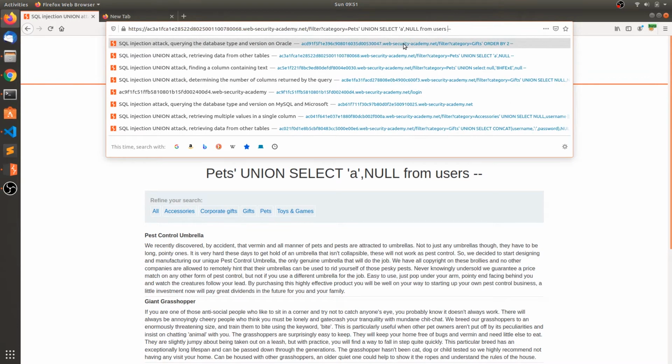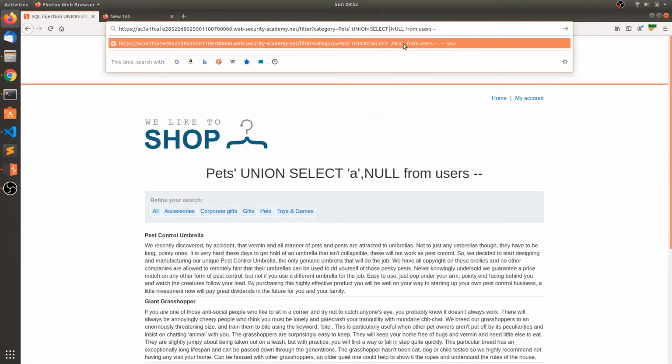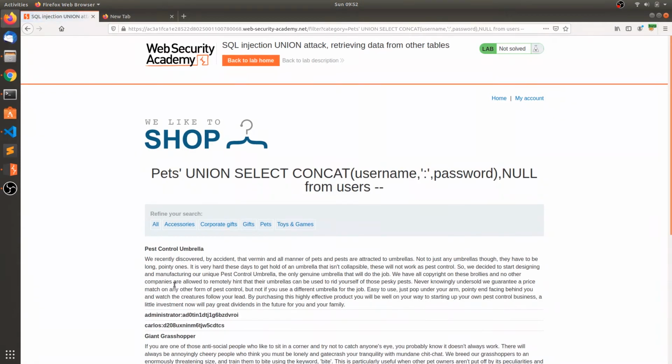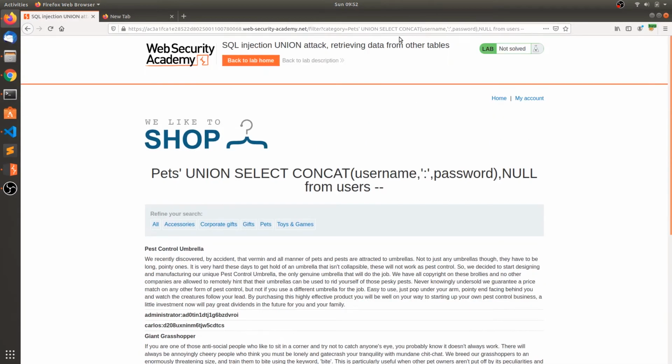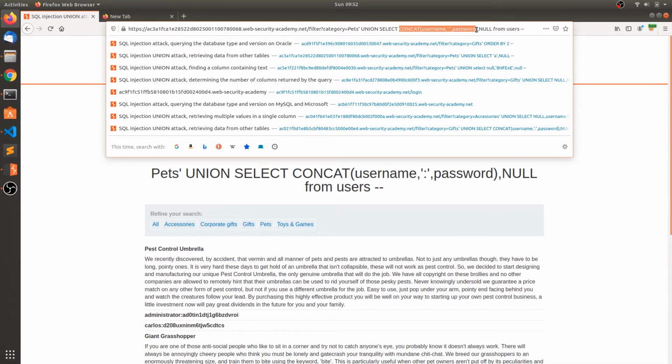Or you can use the concat function, concat of username comma, and we need to specify some string in between, let's say colon, password, and hit enter. Now you can see we got the credentials, administrator colon password, username colon password. So this is how you can use the concat function.